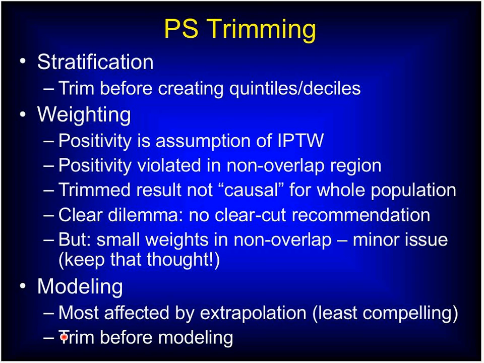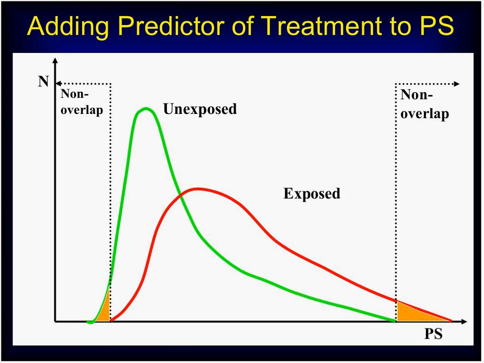With stratification modeling, you would actively exclude the non-overlap people in the non-overlapping propensity score range. With matching, you do this by design, essentially implicitly. With weighting, it's a little bit of a tricky issue here. And I want to point out that the non-overlap region is obviously a function of how well you predict